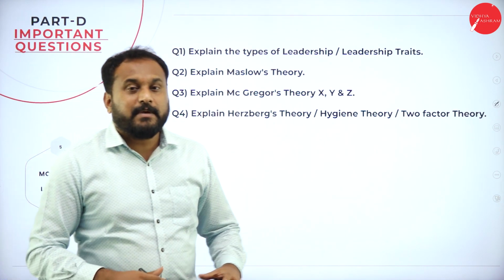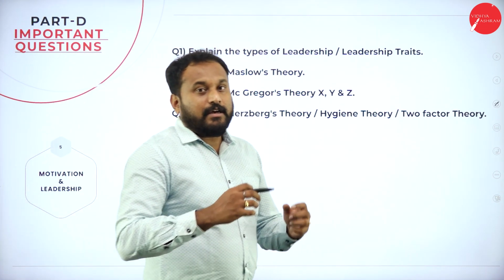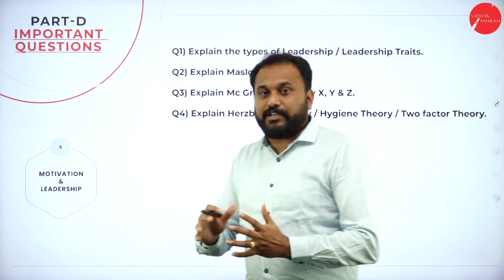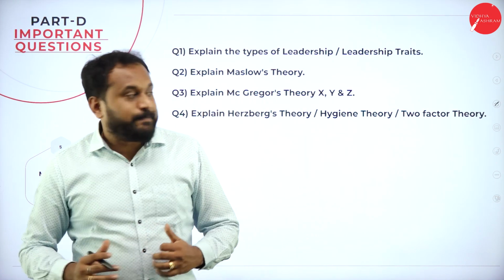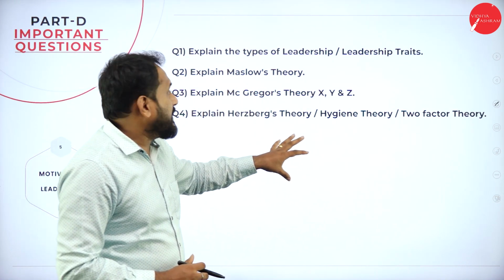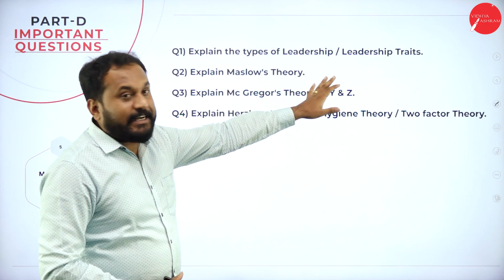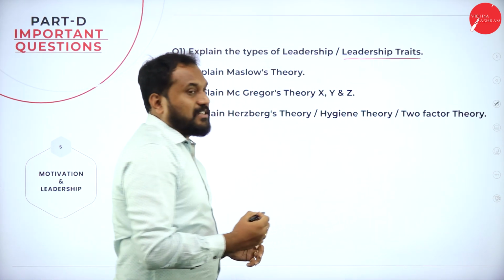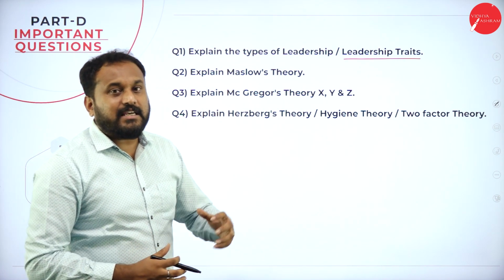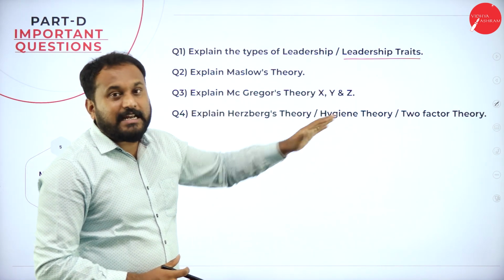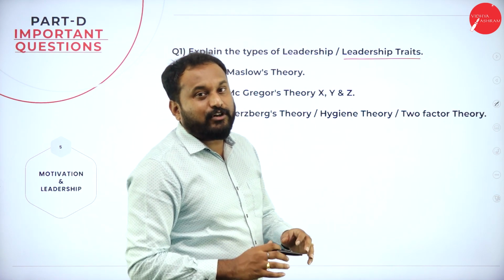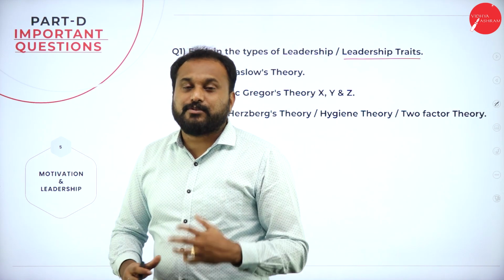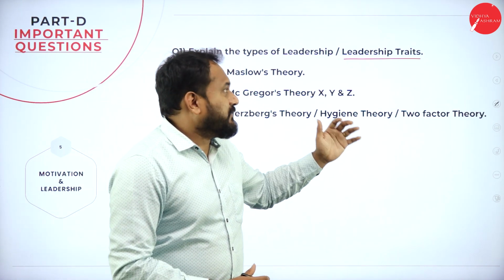In motivation and leadership, if I was a student, I will definitely opt for it, because it's straight questions and no twist, no turn. Now when I go with this question, understand this. Explain the types of leadership, or you can get the leadership traits. Leadership traits is a very simple and easy question to attain, but if you get this, don't restrict yourself only to 10 points. Go on for 15 points. If it is for 10 marks or 15 marks, you can easily write all the 15 points.